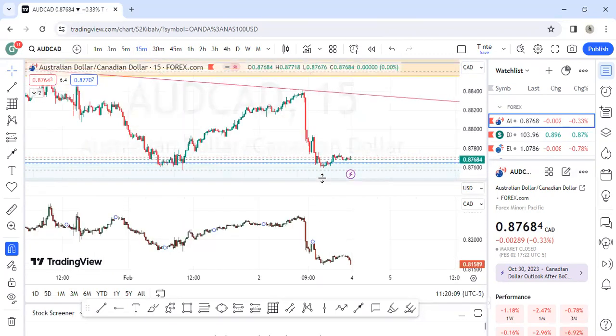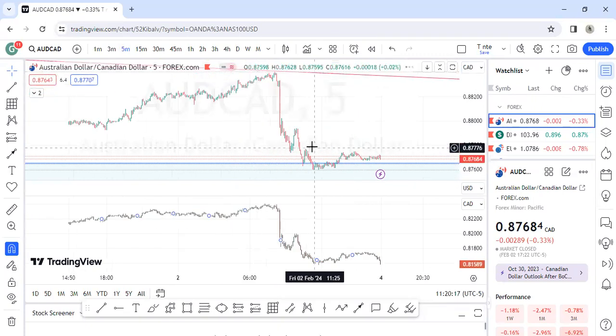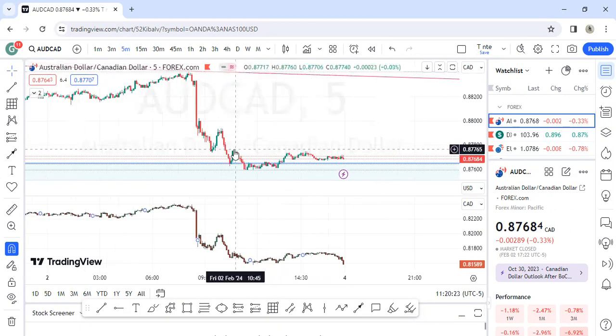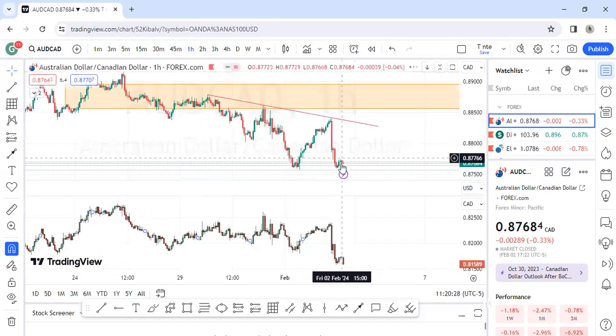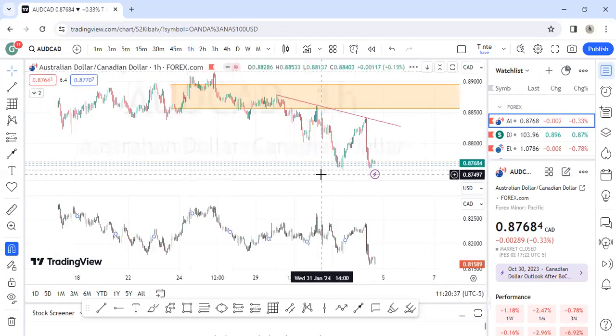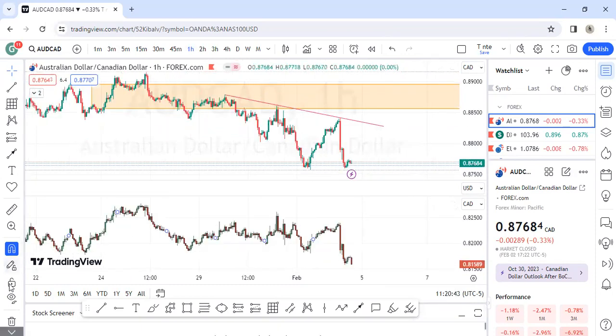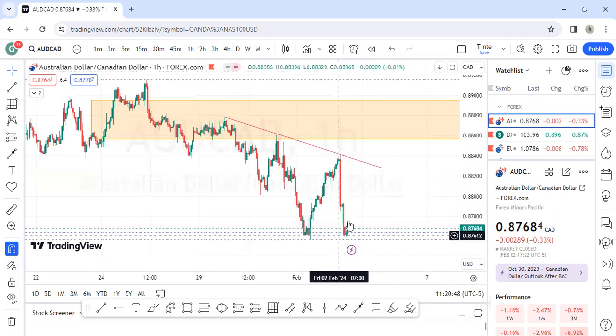Right. So let's see. We can have a reason to buy AD card, then you can see a kind of market structure shift. You can see the market break this high. If the market fails to make a low and it breaks this high, then you can look for buys. So watch that AD card is dependent on the lower time frame. If you can see a lower time frame break, since we have failed to make a low and NZD card has made a low, if you can see the market give us something very clear, then we can look out for some kind of confirmations. So that is it. For now, just watch and see. The market will give you a reason to go long.